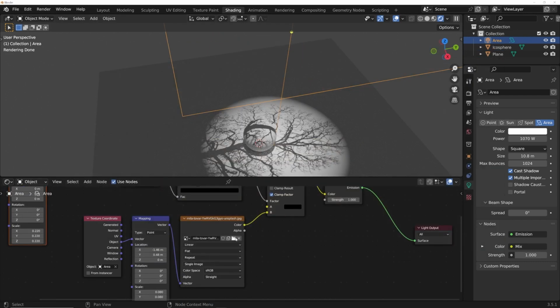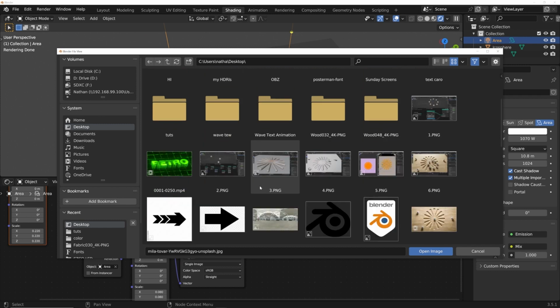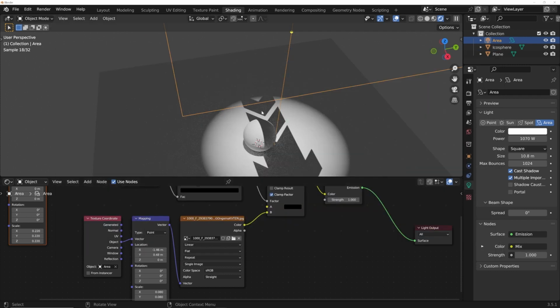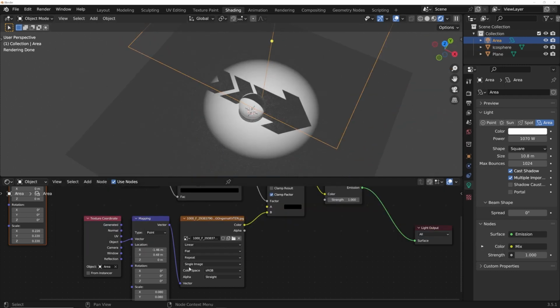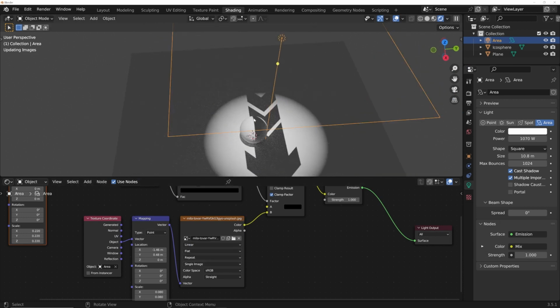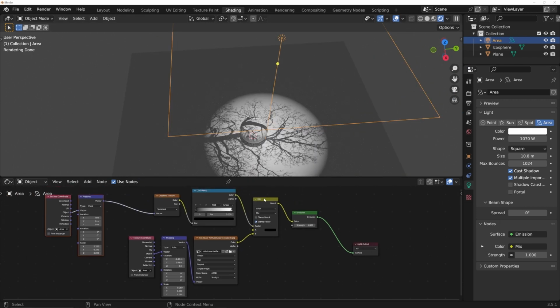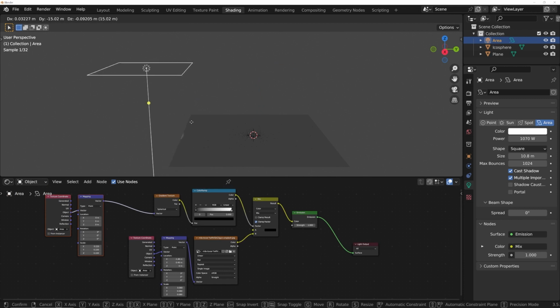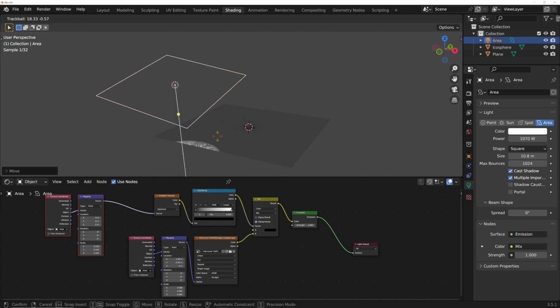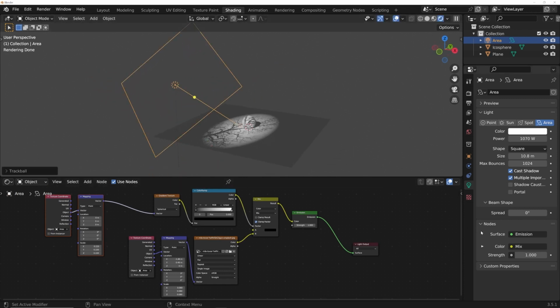Like if I wanted to, just for the fun of it, let's just use this. Now you can swap out images just that easily, use it as a tool. All right, so now what we can do is I'm gonna hit G and position this more like it's a sunlight, and then you can